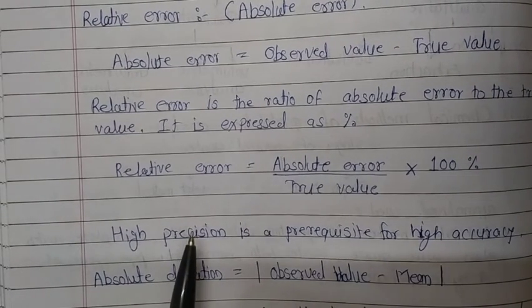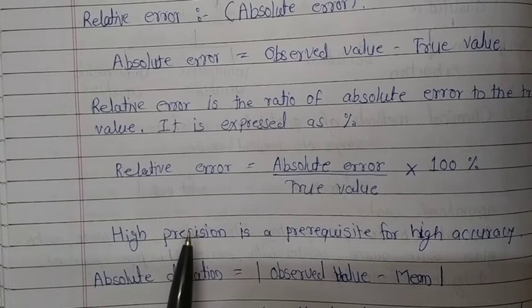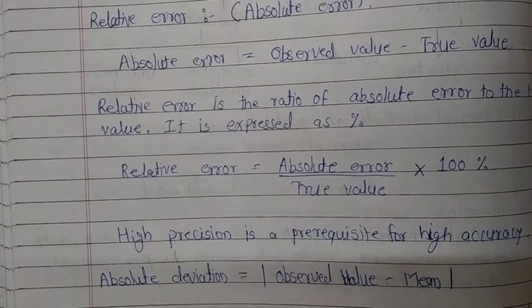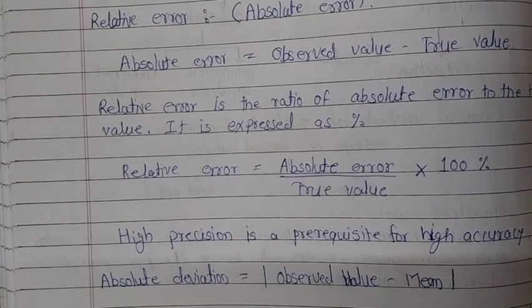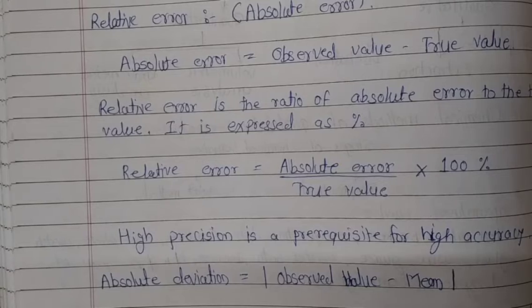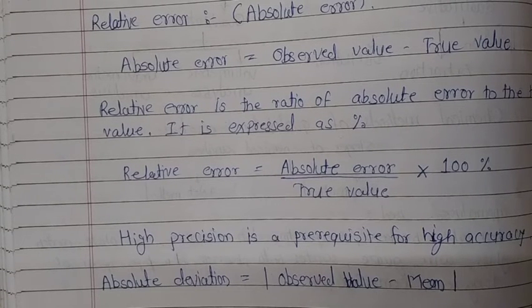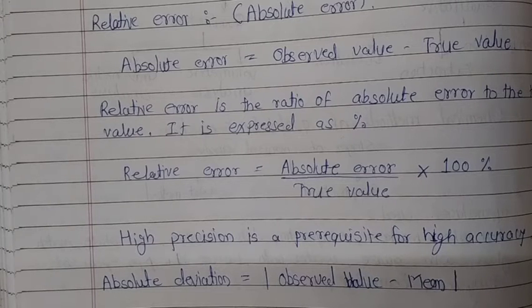There can be an error in measurement due to a number of reasons, including inefficiency of the person doing the measurement, meaning manual error. How to handle instruments and equipment depends upon person to person. So manual error, then instrumental error, these are some errors we can face during the measurement. Okay.